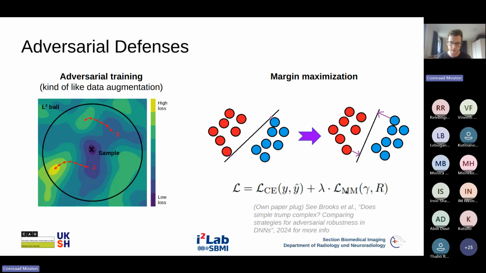We add this margin maximization loss that's weighted by this constant lambda here. All that this margin maximization loss does is it's high if the model's margins are small. So in this way, it encourages the model to learn larger margins. And if those margins are larger, that means you have to use larger perturbations to fool it, and so it's more robust to adversarial attacks. And that is the core idea.